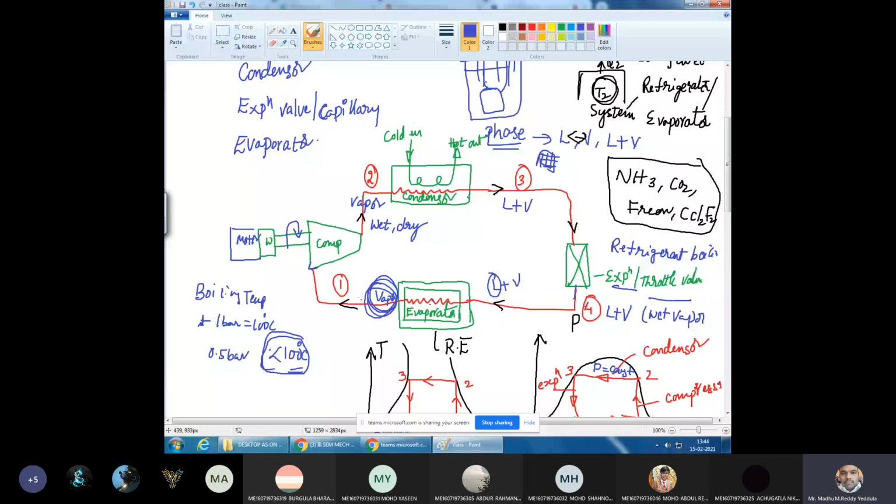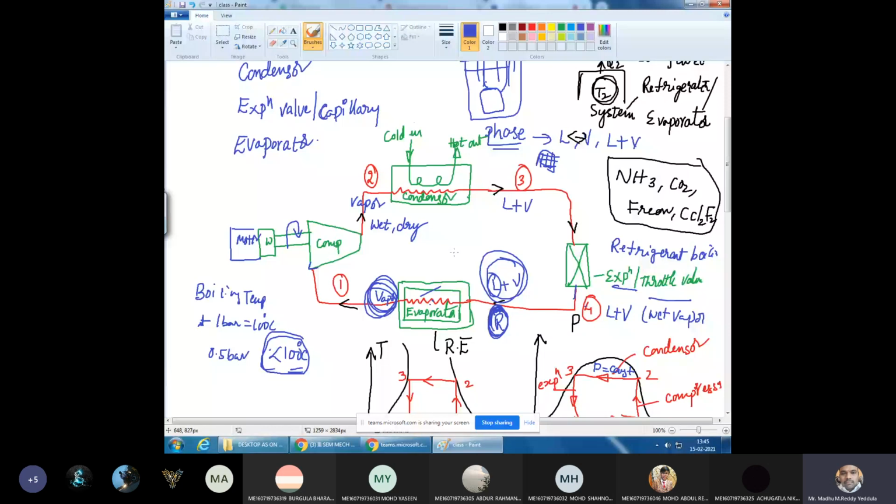The evaporator is nothing but our freezer. In this freezer, the refrigerant absorbs the latent heat and the liquid is converted into vapor. One more thing, the refrigerant we select should have a low boiling point so that it can flow easily. This is the work, and again the cycle repeats. This is the working of the vapor compression refrigeration system.